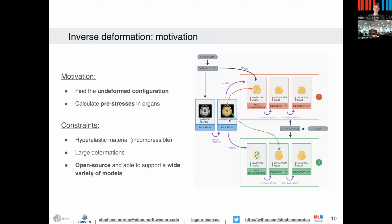For example, here, the displacement field, the strain field, the stress field, and the forces. So the way we do things is that first we find the initial configuration, as I said before, without gravity. We then apply gravity in the proper direction. And at the same time, we need to identify the material properties, the boundary conditions to make them more precise,